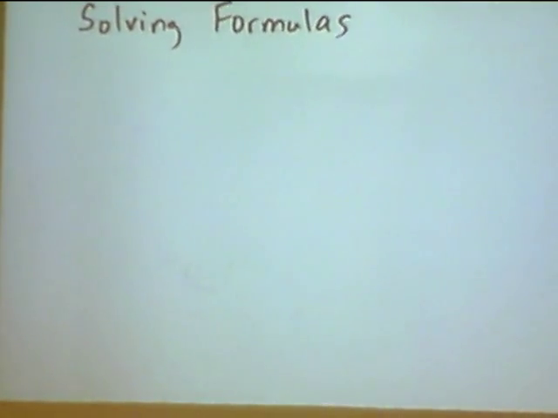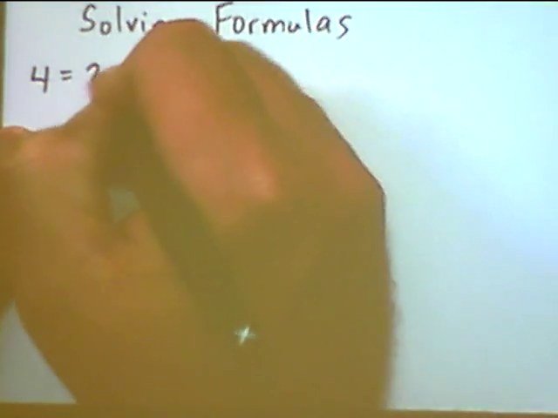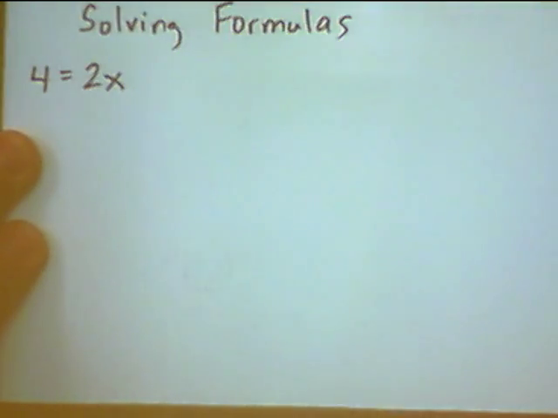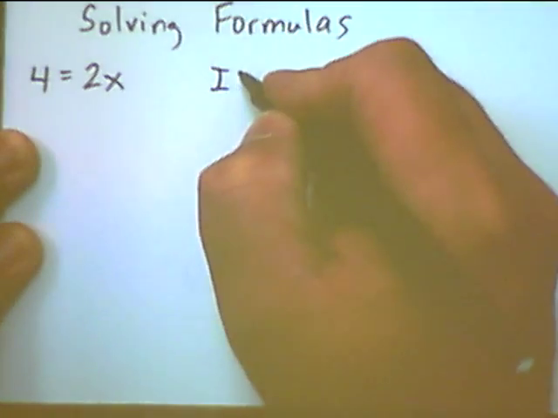Let's look at a few examples of solving formulas. This is where, instead of having an equation with only one variable and solving for that variable, for instance, maybe we have an equation like this, a very simple equation, 4 equals 2x, one variable, we have a 4 and a 2. Now we're going to take what I call a formula,